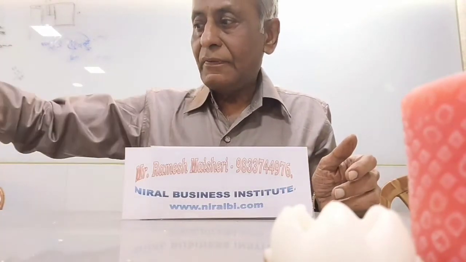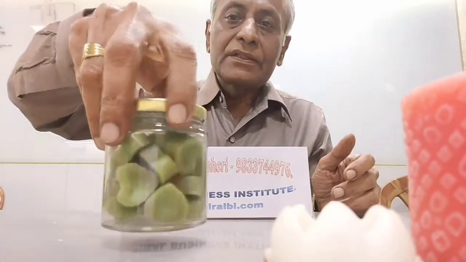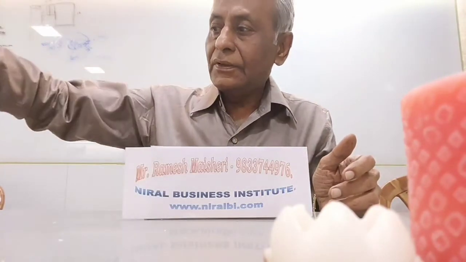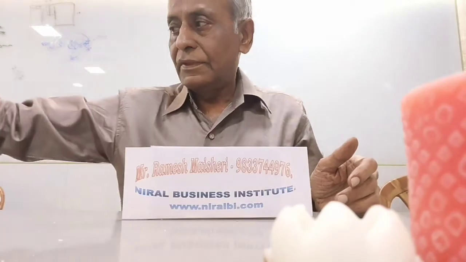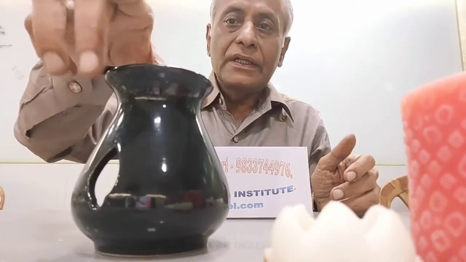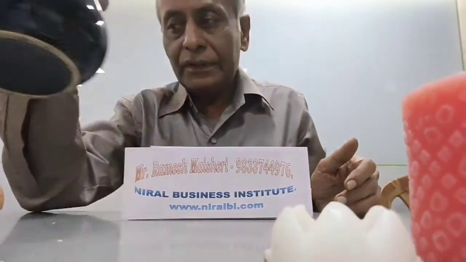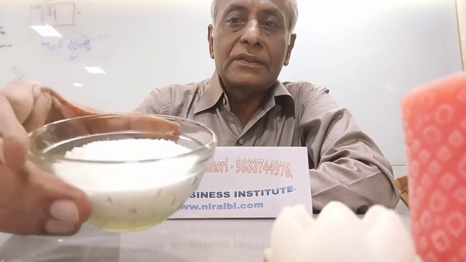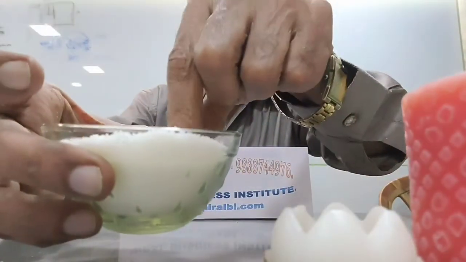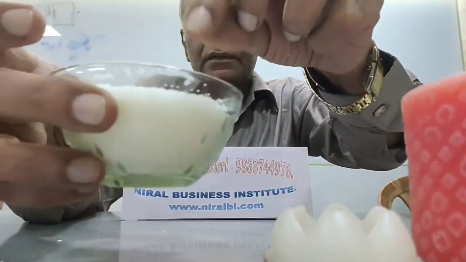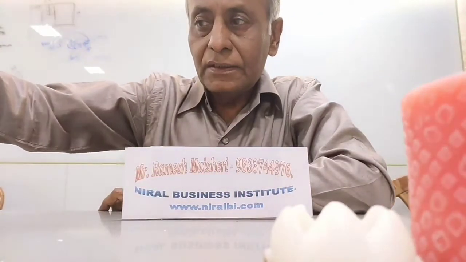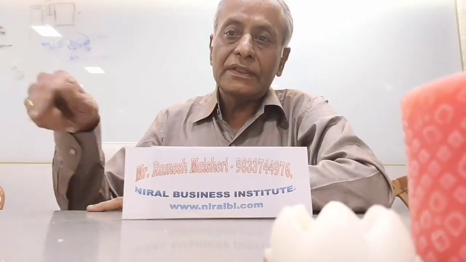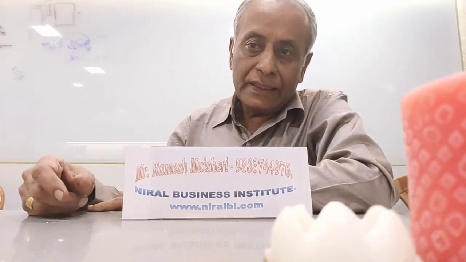Now with vegetable wax we can make tea lights and such tablets. This is the wax tablet. We can use it for burning in the diffuser. So this is a diffuser. In the diffuser we use that soft wax tablet. Now there is one wax we call powder wax. This type of wax is also available in powder form, just like salt. So we can mix it with wax to improve the quality and finishing of the wax. So these are all the waxes available which we can use for making candles.